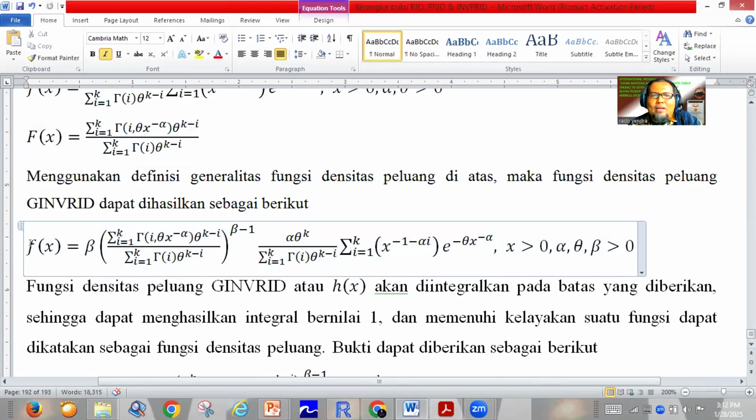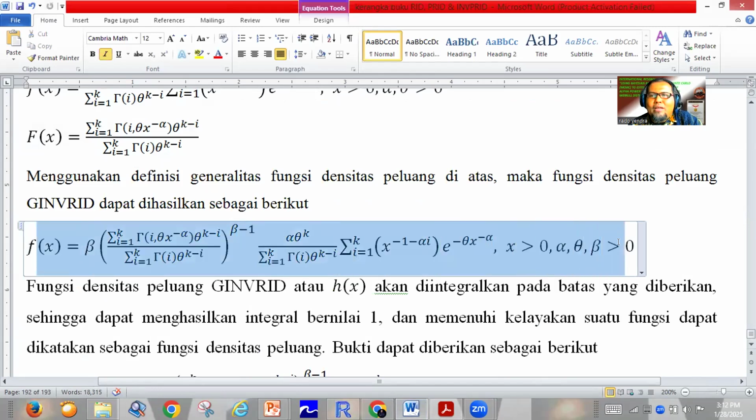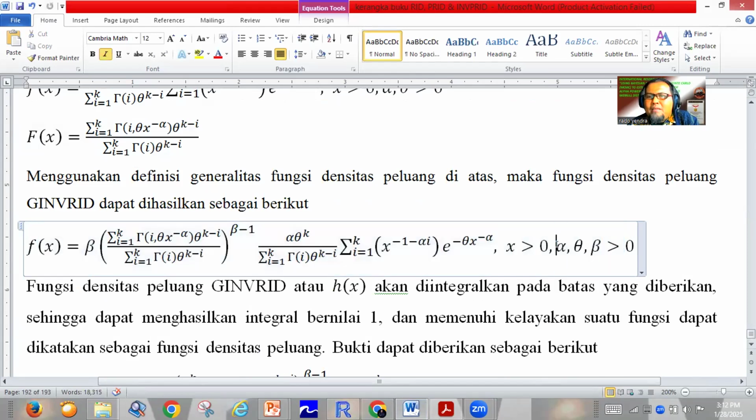This is the density model of the generalized inverse power Rado Institute distribution with the 3 parameters alpha, theta, and beta. For complete information about it, you can come to